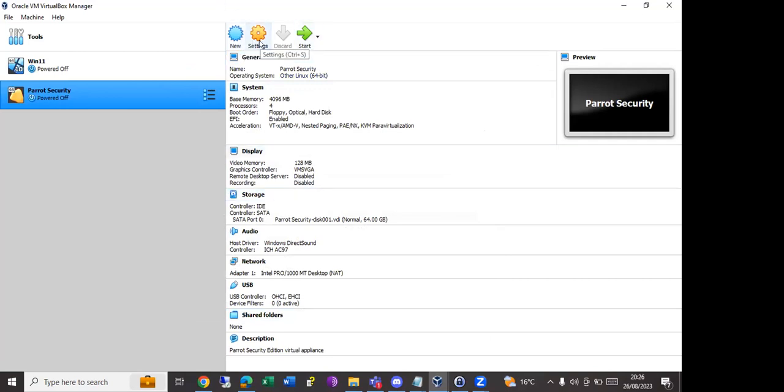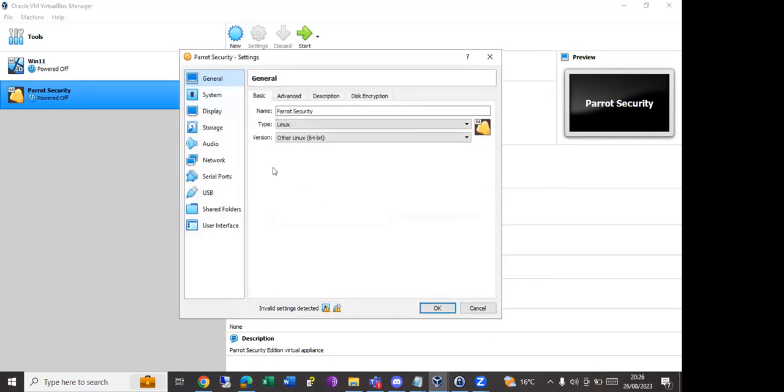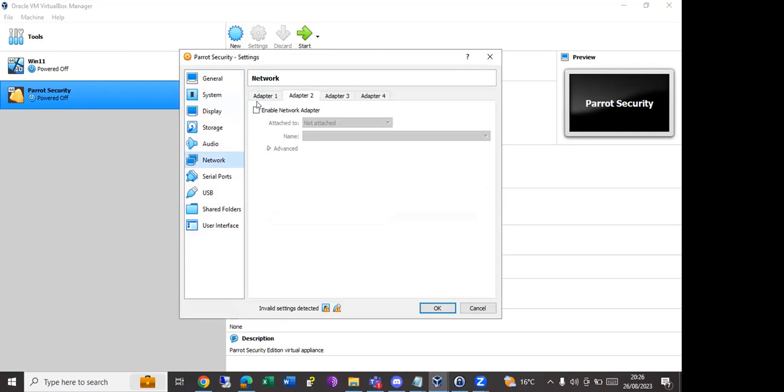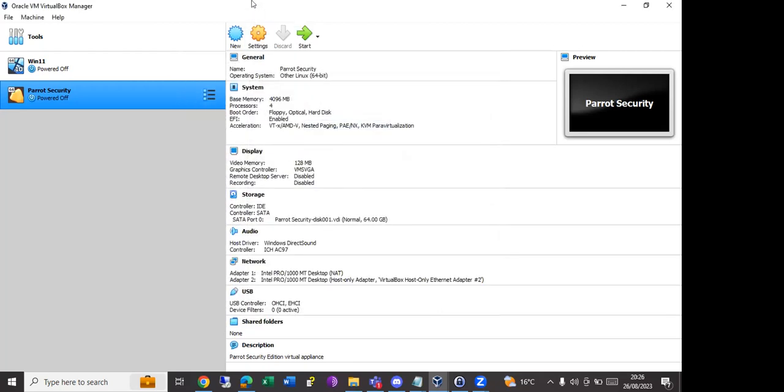Obviously, I'll go to settings and change my networking. So network adapter, then I'll put it to host adapter only, and that's it. Then I'll start it, then it will work. So if I just start,